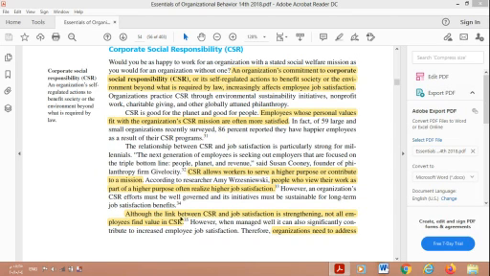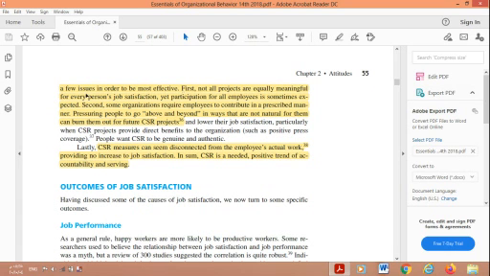Okay. Although there is a link between corporate social responsibility and job satisfaction, not all employees find value in it. So again, it is related to the employees' values. Therefore, organizations need to address a few issues in order to be most effective. The first one is that not all projects are equally meaningful for every person's job satisfaction, yet participation of all employees is sometimes expected. The second one is that some organizations require employees to contribute in a prescribed manner,